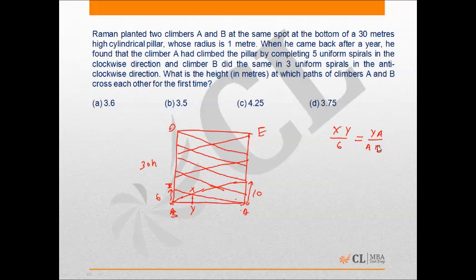Similarly, it can also be observed that, in case this point is W, triangle WBA is similar to triangle XBY. Again, we get XY upon this, the ratio of corresponding sides, equals this upon this, that is BY upon AB. On adding these two equations we get XY into 1 by 6 plus 1 by 10 equals 1 upon AB